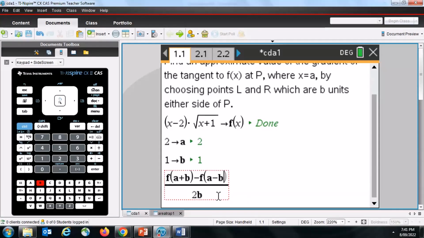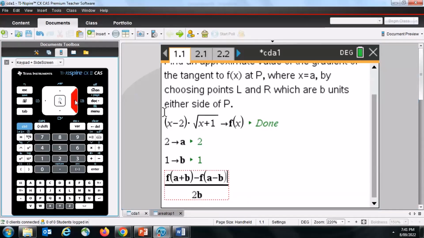Now, we want to store that whole fraction as the gradient of the secant. I'm going to press the right button once to move the cursor to the right and move it right again. Now the cursor is still in the text, in the math box. You possibly can't see it, but when it's in that position we're ready to store this variable. We store by pressing Control var. You see above the var key is a blue STO. That generates that arrow, and we're going to refer to that as seek